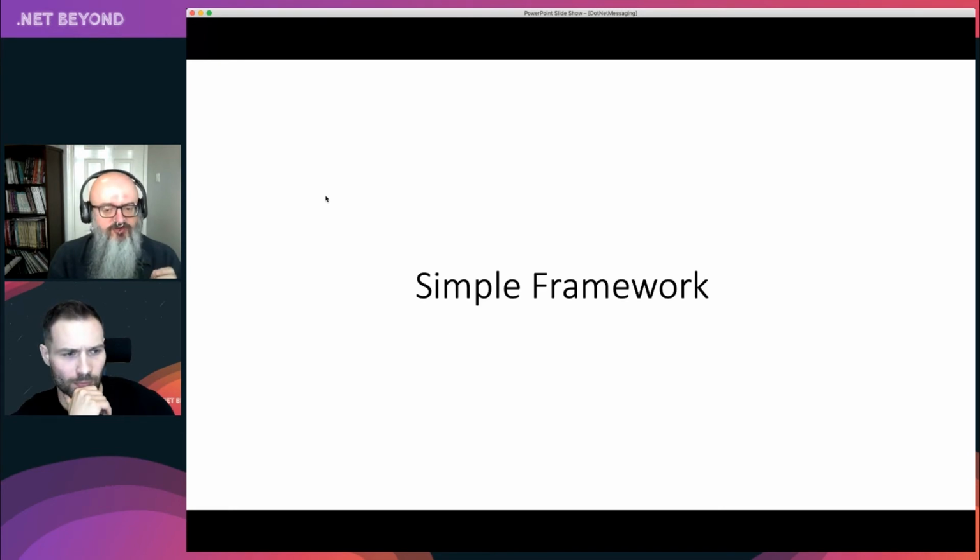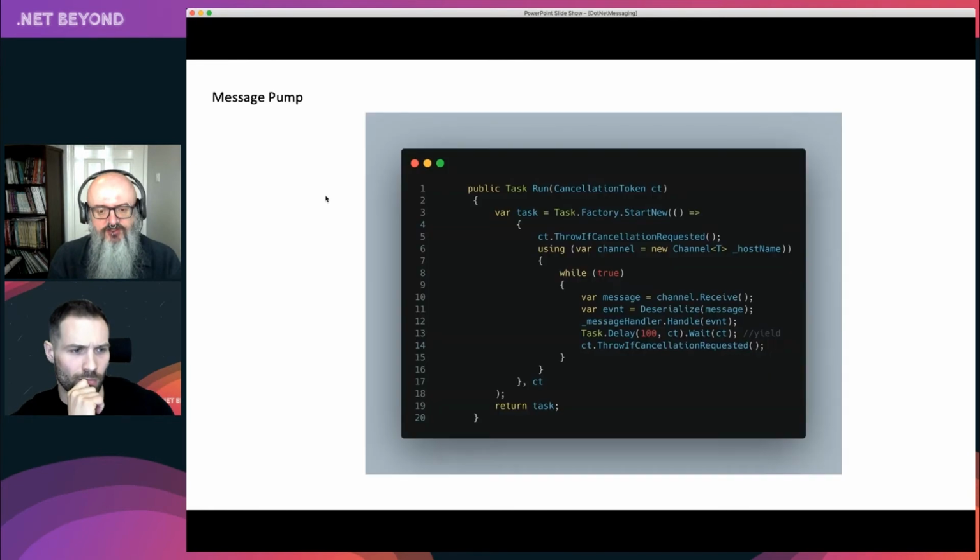So let's talk about a simple framework. Now, this is not code that you should ever actually really use. It's just an idea of what you might have to write, at a simple level, for a messaging framework. So in order to read stuff, your message pump tends to look a little bit like this. It's a very simplistic idea of it. So you're saying, well, I need to create some kind of thread. That thread is going to read from my message queue. When we're abstracting this, you can see on line 6 the idea of a channel. We're saying we're reading from a channel. Behind that channel is my wrapper around some channel adapter SDK code from that particular platform. We'll see that in a second.